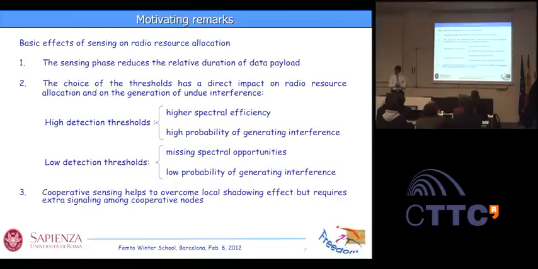Yes, please. Sure. With the high threshold, we are losing the spectrum reuse efficiency. And with low thresholds, we are gaining in spectral efficiency. Right. But for example, if we go for a high detection threshold, we will have some reuse efficiency which we cannot use because interference is high. So spectral efficiency will be low. So it means just by looking, without any simulation or analysis, having a low detection threshold is more favorable.